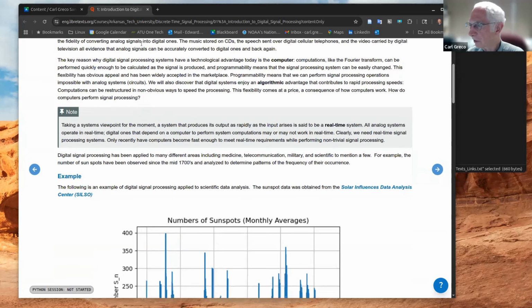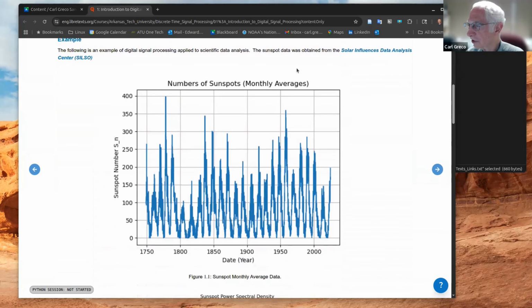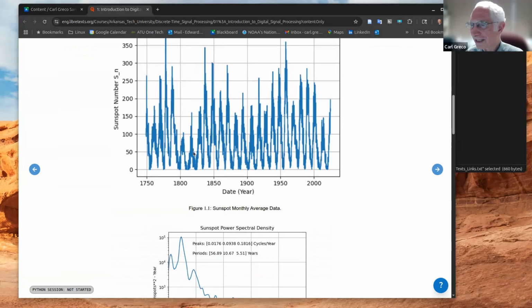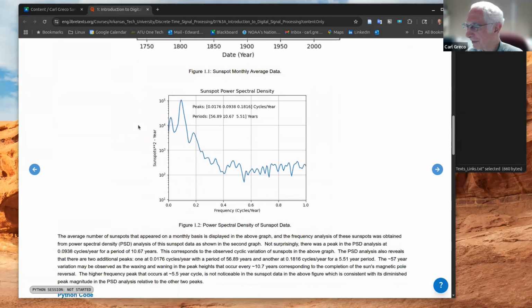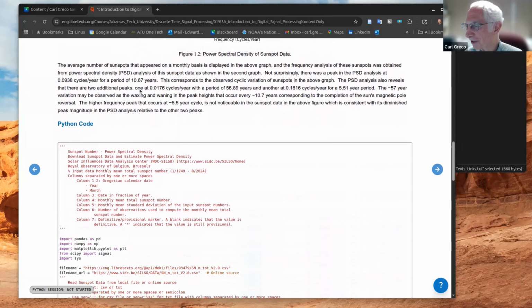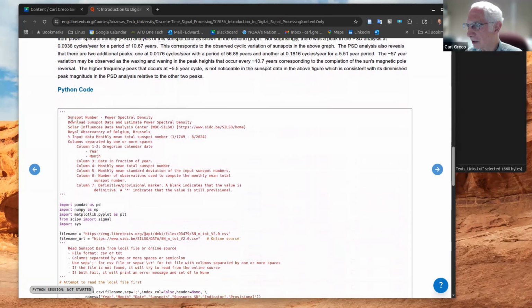And so you can see that I've included some figures here. I did that earlier on when I was developing this book, because I was having some issues getting Python to run properly. So I wanted to make sure they could see it. But now that it runs properly, I've embedded the code